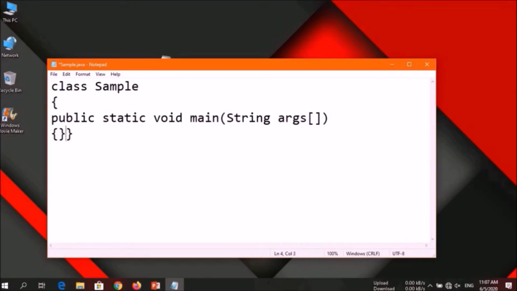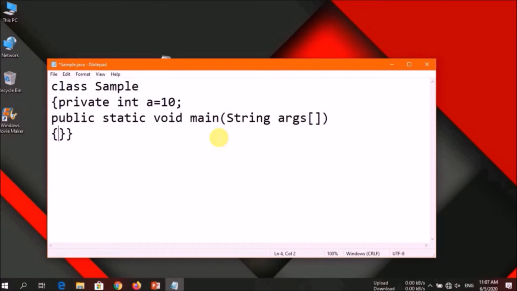So this is the basic structure of a class. Now we are going to create a private variable, int a is equal to 10, and now we are going to call it from the static main method.